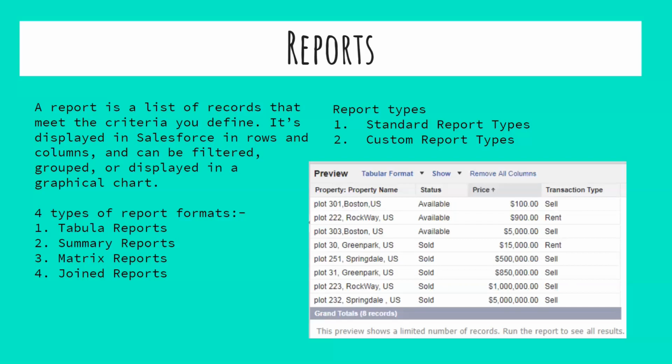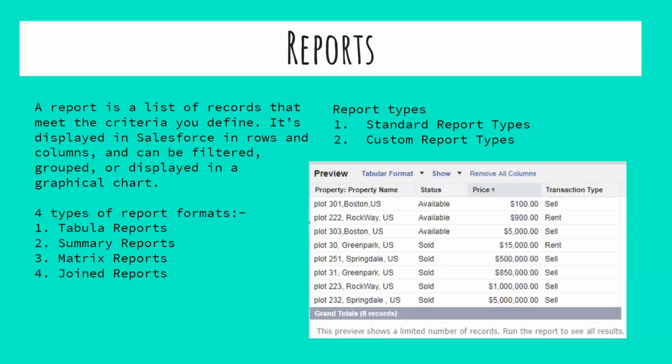Next one is a summary report. A summary report provides us a listing of data with grouping and subtotal. Use a summary report when you want a subtotal based on the value of a particular field, or when you want to create a hierarchical grouped report such as sales organized by year and then by quarter. It simply means that if you want any report where you want a subtotal of a total, like the revenue or cost that happened in one week or one month, you can use that in the grouping, and that is known as a summary report. For example, all the opportunities for your team subtotaled by sales manager and owner, you can use as a summary report.